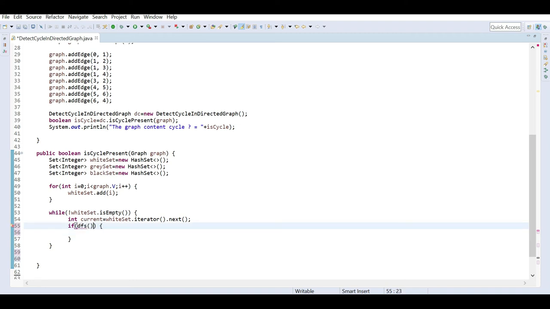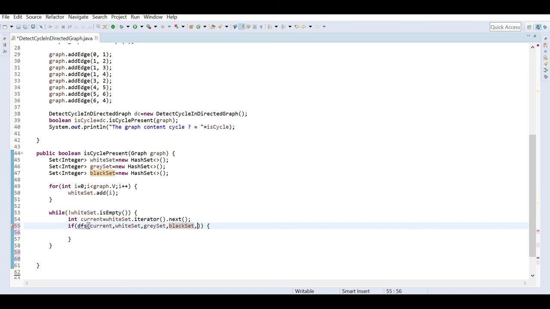So just as of now right here, and we will pass the current node, which will be current, and then we have to pass all these three sets, which is whiteSet, gray set and black set, because I will use recursion here.